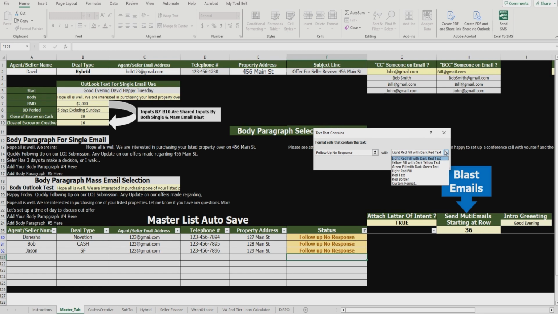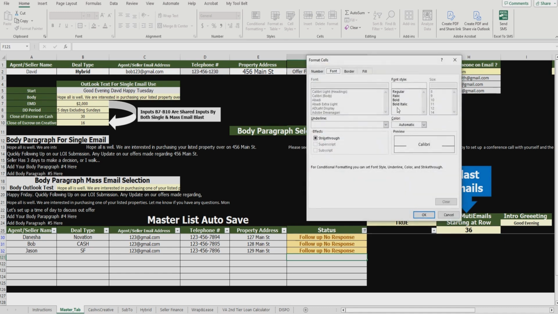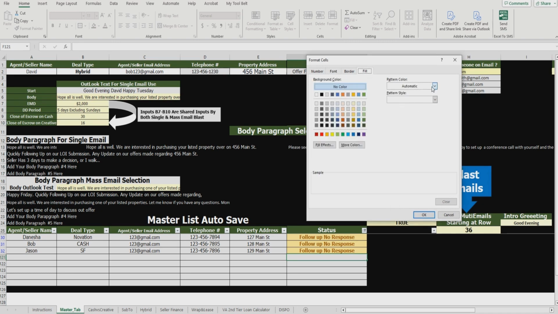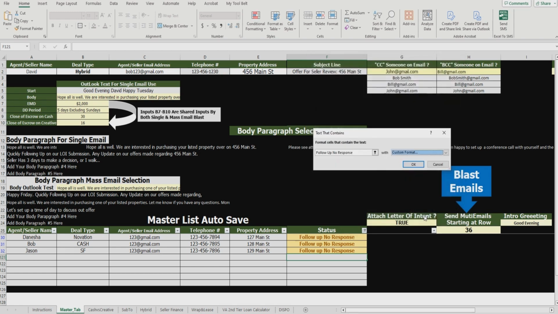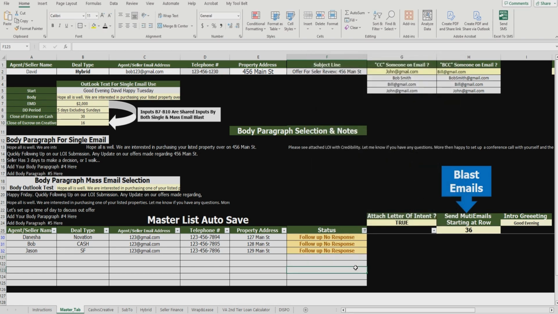And let's change the color for, I don't know. Let's do a custom format. They give you a drop-down functionality here, but let's make it interesting. Let's do font color black and a fill color of dark red. Click OK. Then click OK again. And now the next time that I am filtering this out,